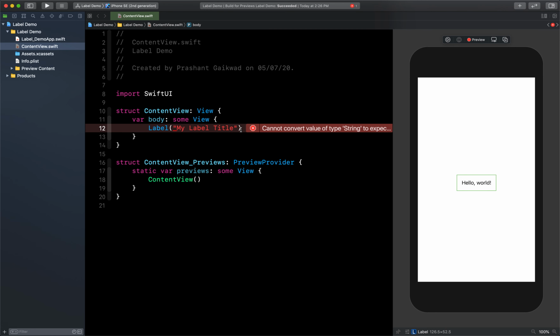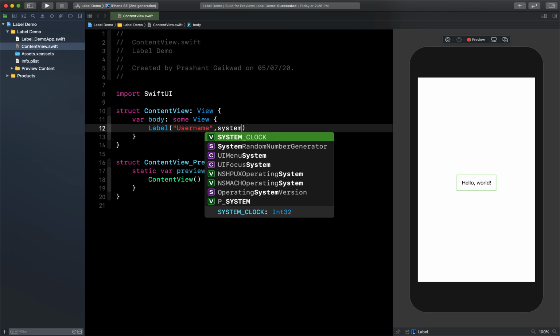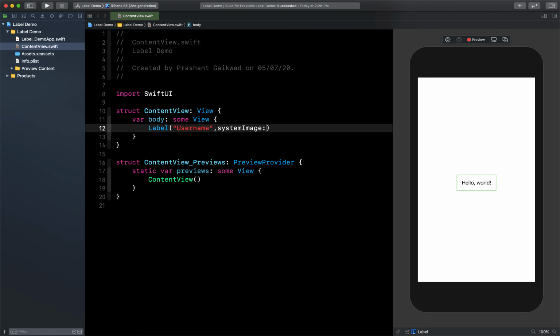Instead of this I will say username, and here you can give system image, and now let's pass the empty string here.